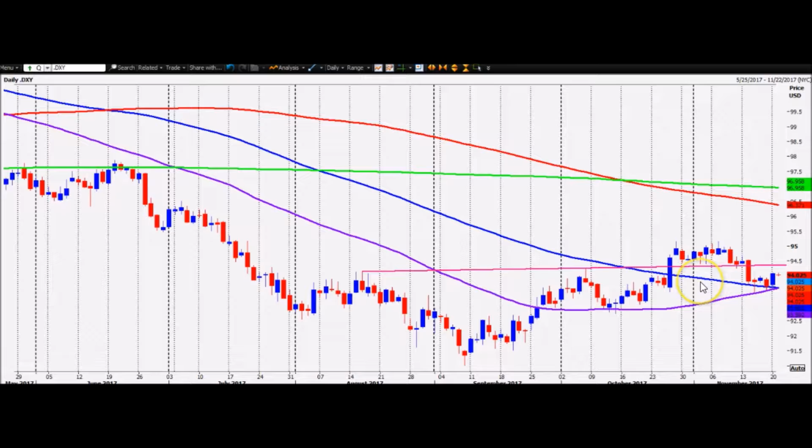And I've got a feeling that's what's going to happen now. I've got a feeling that the failure at this neckline has now pushed all the retail traders out of this trade. They're going to forget about it. But we're getting quite a positive moving average cross situation here. We've got a good move up yesterday from the 100-day moving average and the 55-day moving average, and it would just be typical of this sort of scenario where the big guys have pushed out the little guys, and then the big guys just take the market straight up. So watch what happens there, but that wouldn't surprise me at all.